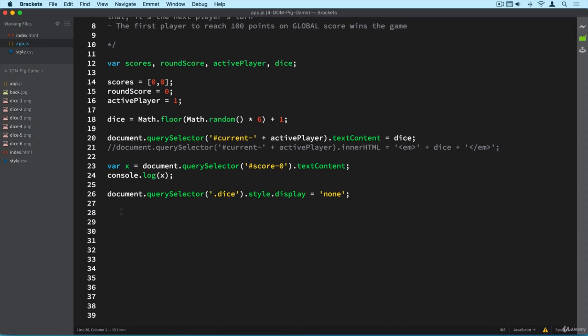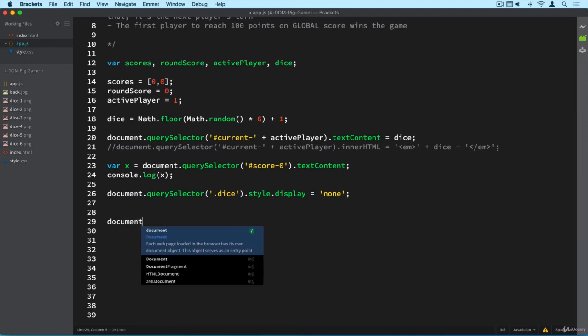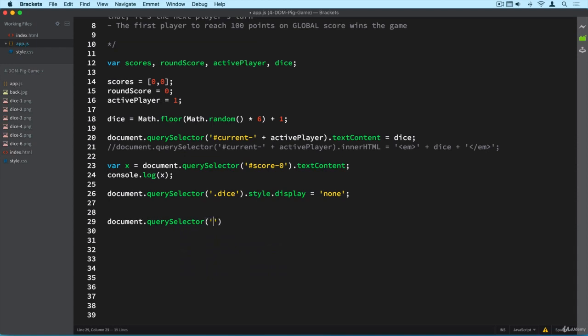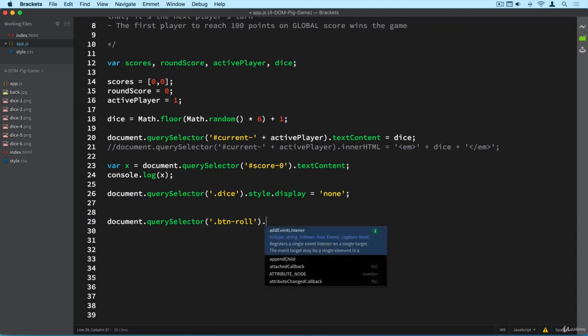Okay. Once again, we need to select this element. So by now you've seen that it always works like this. We first select something using query selector, and then after that we do something with that selection that the query selector method returns. So once again, we use the document.querySelector, and now we use the button roll. Alright, so we have our selection, and now we can add the event listener, which is as simple as this: